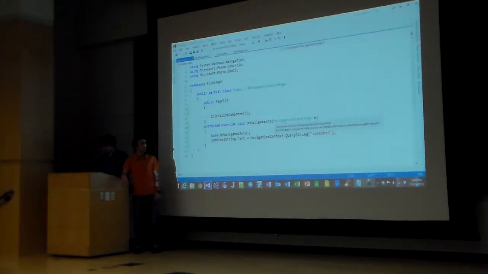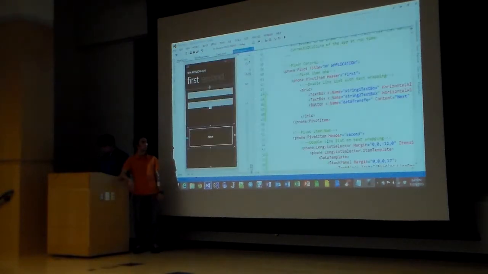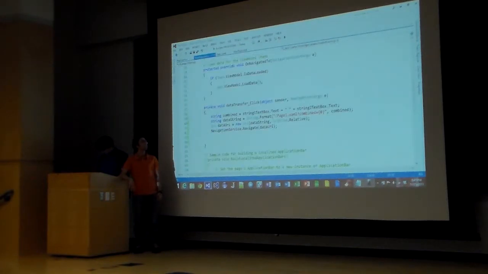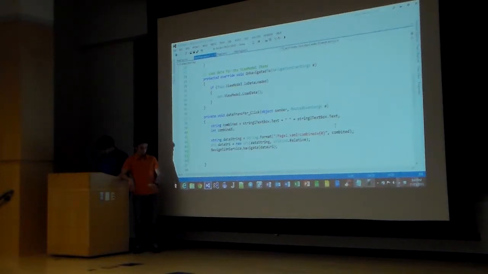So now we're going to actually add more to that URI, more to that string, so we can get more data from it. So things we may want to know about the string would be the length of the string, or the amount of letters in the combined string. So to do that, we actually have to code a little bit for it. So what I'm going to do is combine length